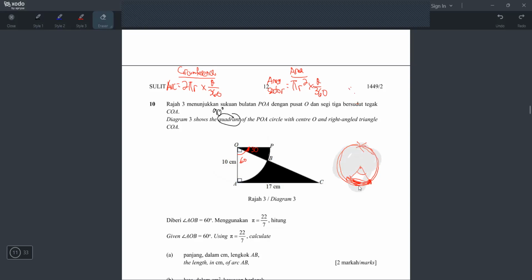Okay, so now let's do this question. Apa nak cari tadi? Saya sudah label semua. So nak cari length of arc AB. So saya akan tulis arc AB. Mana AB? So let's use red color. So AB dekat sini. So can you see I will use the 2 pi r formula or the pi r square formula? Definitely the 2 pi r formula because I'm finding arc, right? So let's write arc. Okay, arc AB.